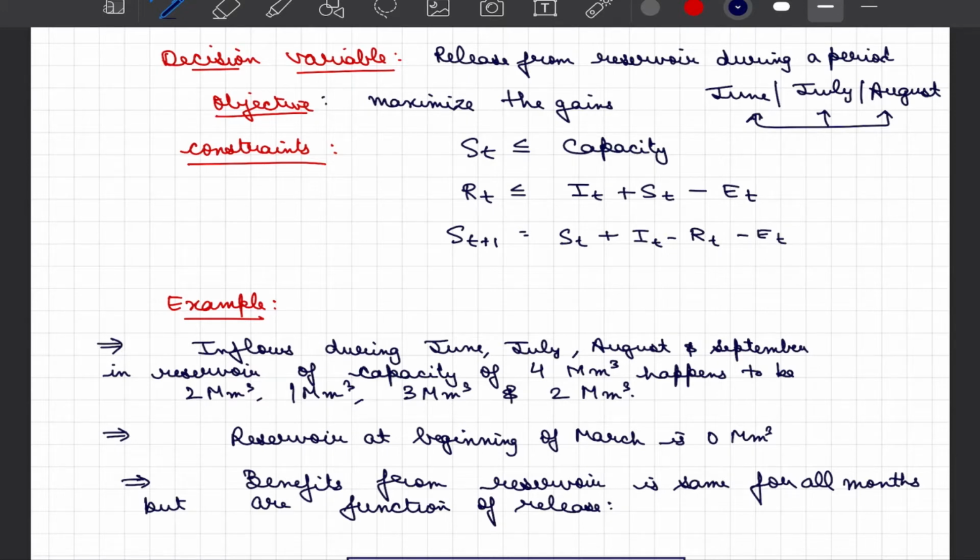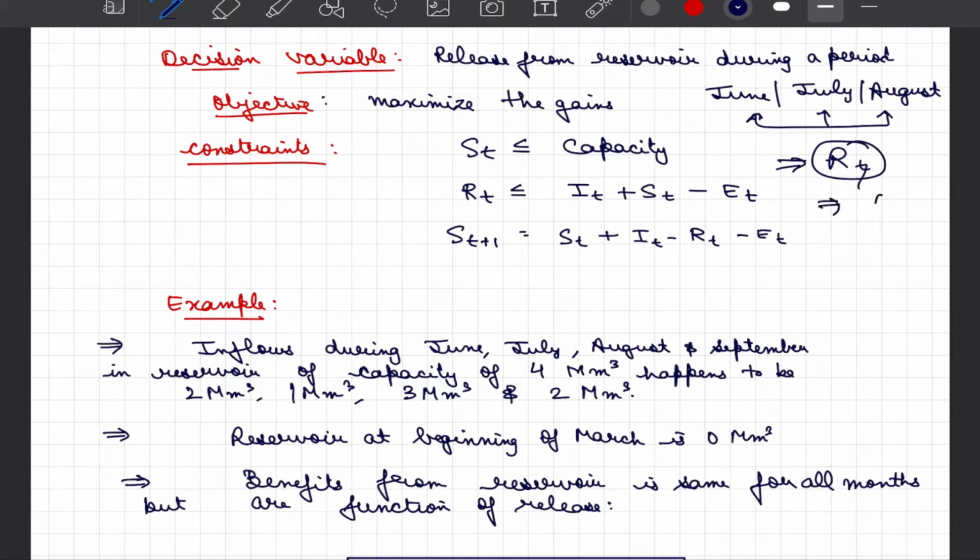That is, if we release 1 unit of water in the month of May, when the monsoons have not reached major parts of India, we are going to expect higher returns because at that time the marginal utility of water is higher. However, if we release the same 1 unit of water from a reservoir in the month of August, that may or may not be of much use to a farmer, and hence we clearly see that the marginal utility of a commodity decreases. So we are looking at release as a function of time, that is, in the months of June, July, August, our release amount could be different.